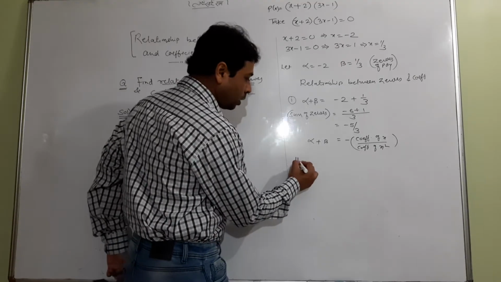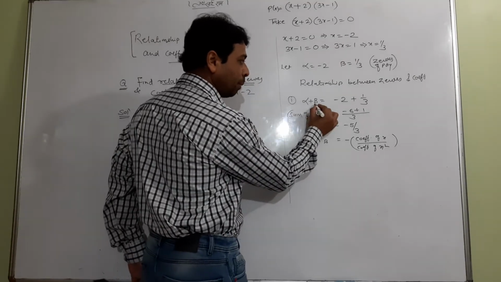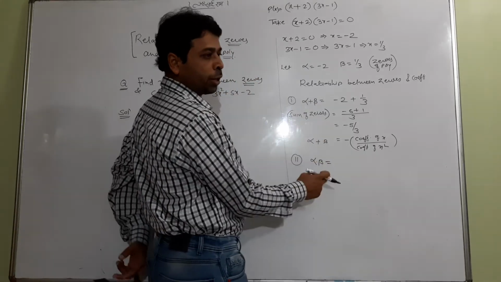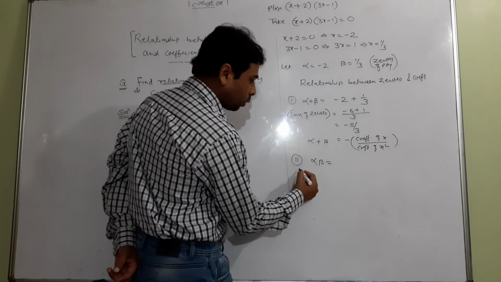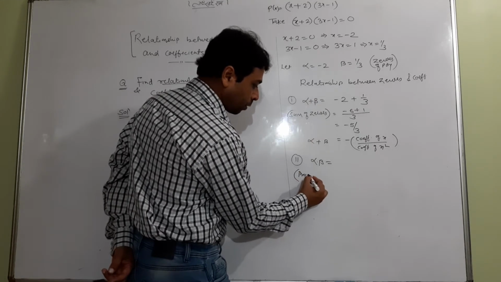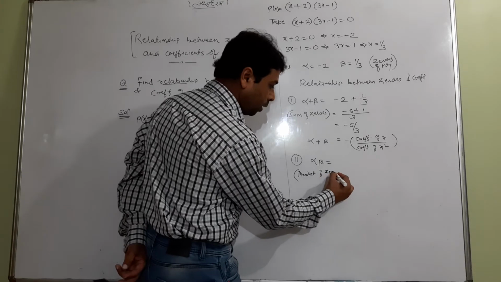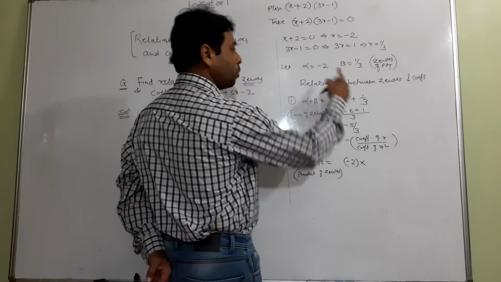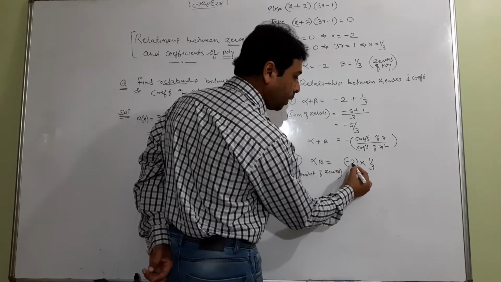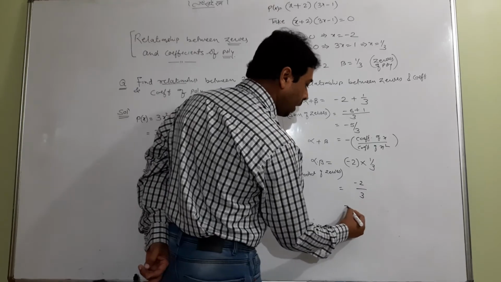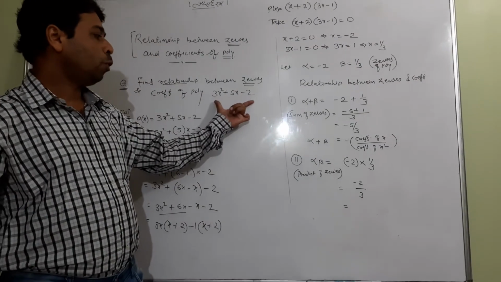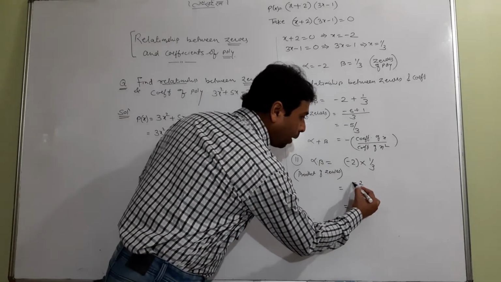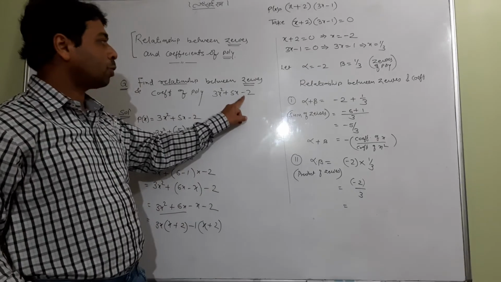So only two things you have to do in this case: first sum and second product. Always remember, in that case you have to tell two things, alpha plus beta and alpha into beta. So alpha into beta is the product of zeros. What is alpha? Minus 2. What is beta? 1 by 3. Look properly: minus 2 into 1, minus 2 upon 3. See the answer. See the polynomial. What is 2? It is not 2, it is minus 2. So in that case the whole minus 2 will be written as the constant term.